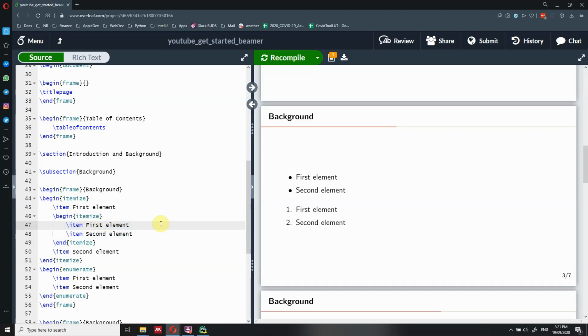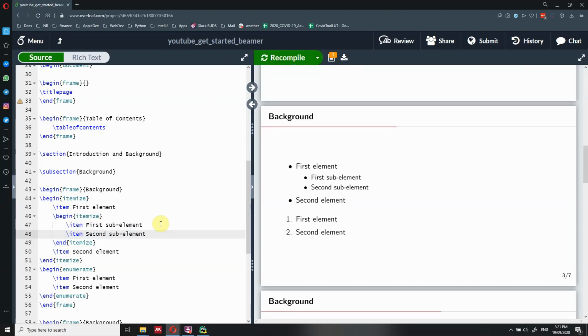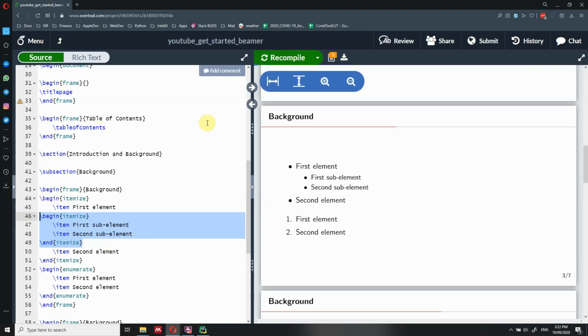And first sub element and second sub element. If you do that, you're going to see that now you have a list that is indented, because we have one itemize inside another one. So it's going to move one level down. And you can do the same thing with enumerate.